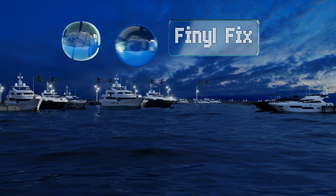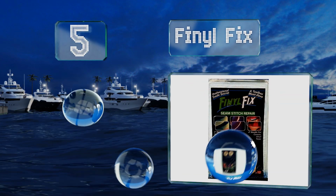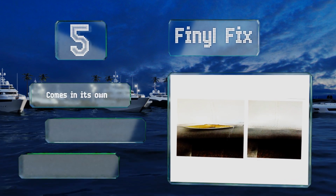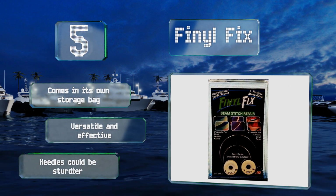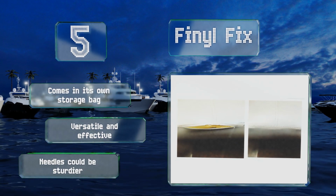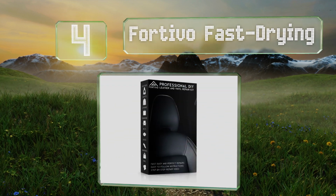Few things are more frustrating than a busted seam, and that's where Finyl Fix comes in handy. Well suited for boating or camping products, it contains clear-cut instructions and 2 curved needles, plus durable commercial-strength thread in both black and white. It comes in its own storage bag and is both versatile and effective, but the needles could be sturdier. At number 4,